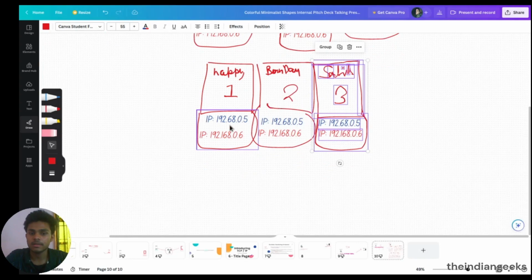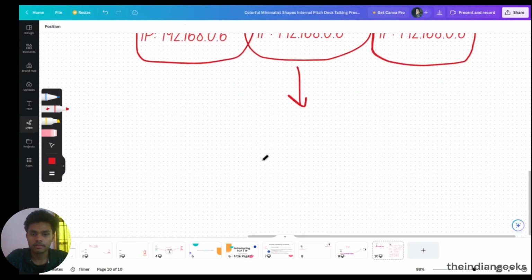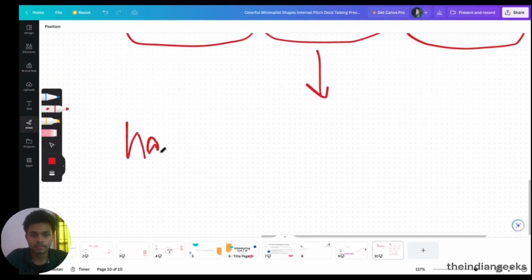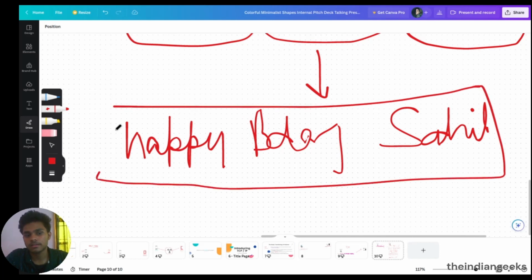Now the serial number and the IP address will get stripped off, and then the original message is obtained. So now everything is removed, and the original message, happy birthday Sahil, is obtained.